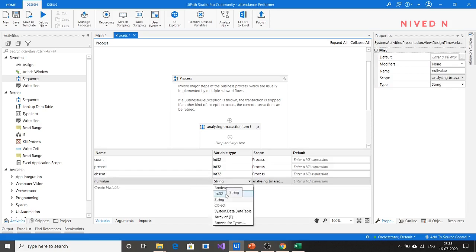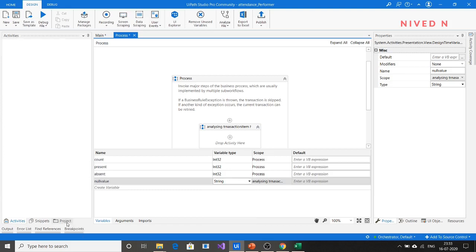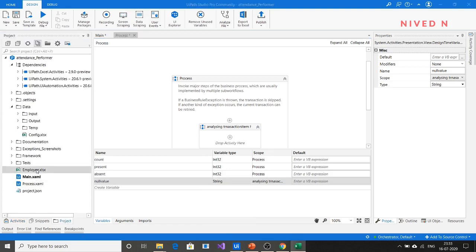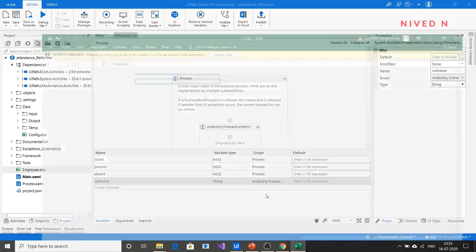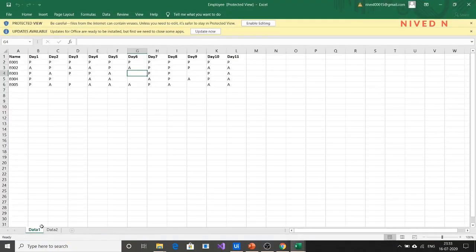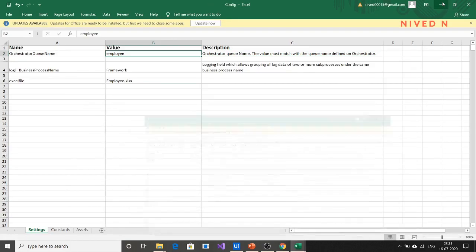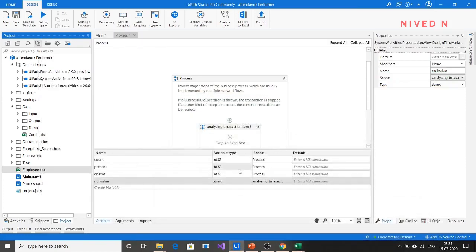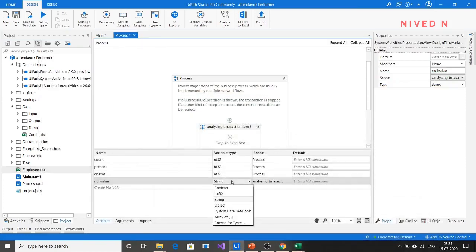Null value means, if you look in the data table, some data is kept as blank, that actually represents null data. So for each employee you have to calculate how many null data are there. So for null value, just specify it as integer and change the scope to process.